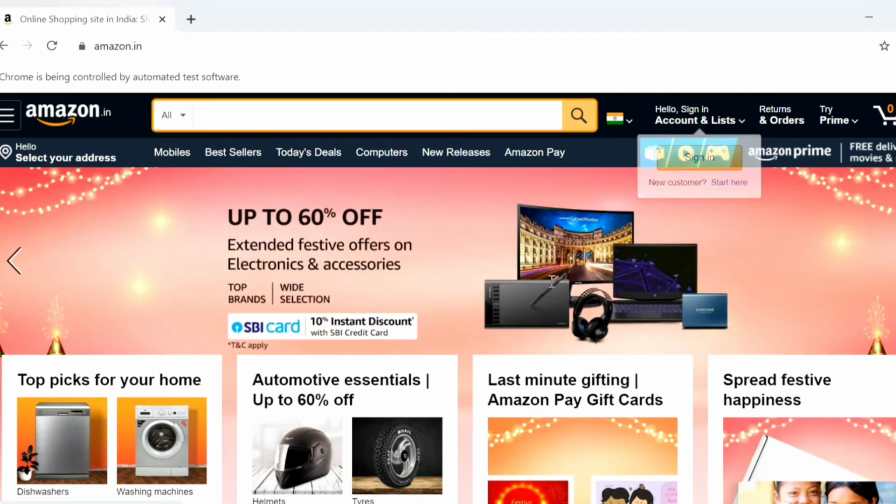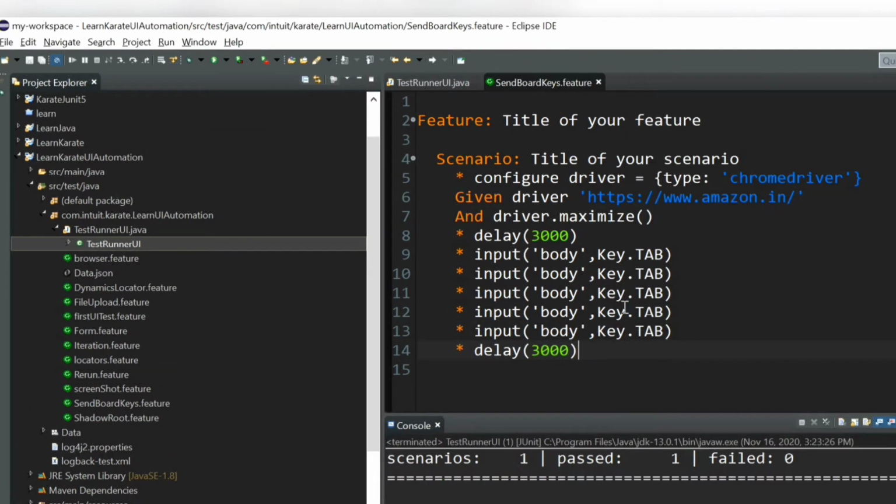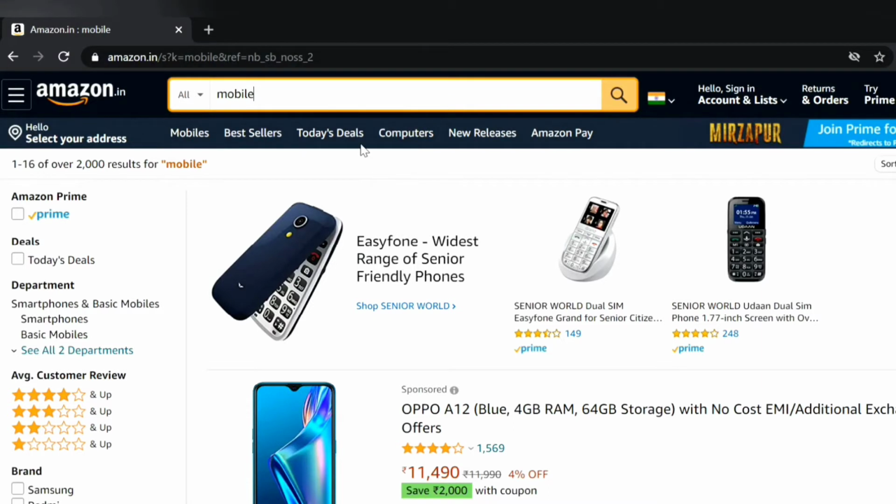Yes, now the search box is highlighted, right? Here we can send the keys to the search box without taking the XPath or CSS selector of that search box. After pressing this tab key 5 times, the search box is highlighted, right?